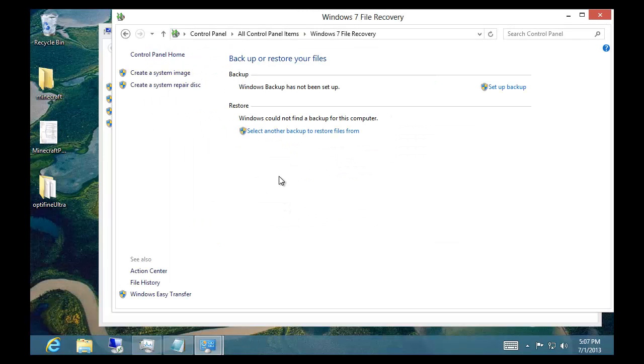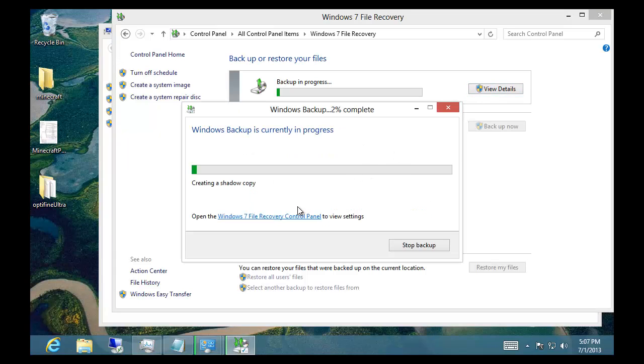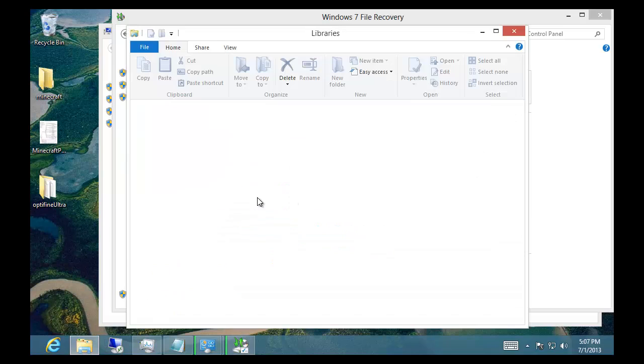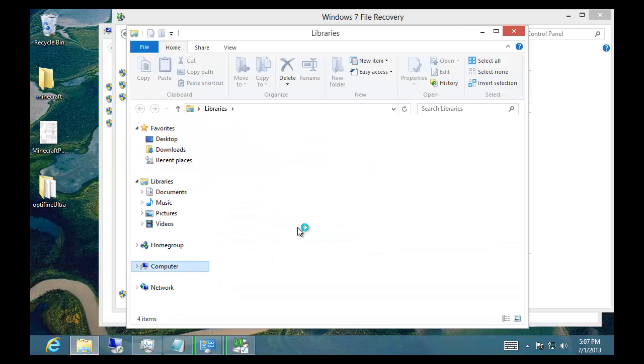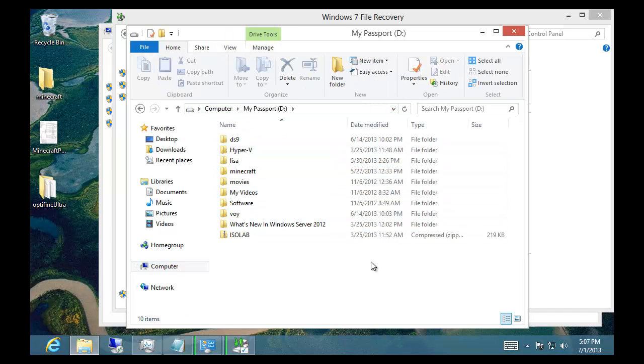All right, so I'm going to click Save Settings and Run Backup, and this all should change, and there we go. It's got this green line that's kind of its progress, but you can hit View Details, and it'll show you what it's actually doing. And the backups, as of Windows 7 and Windows Server 2008 R2 and higher, are going to go out into a